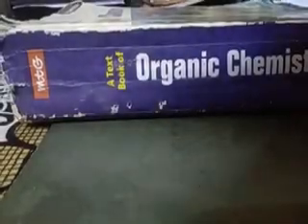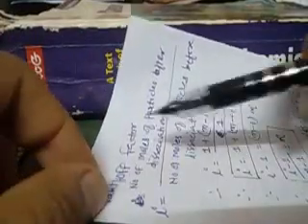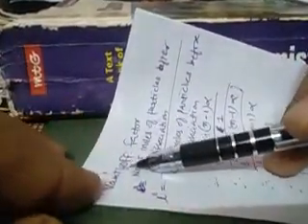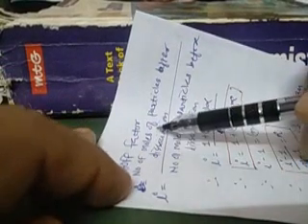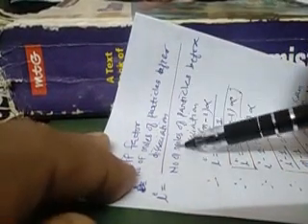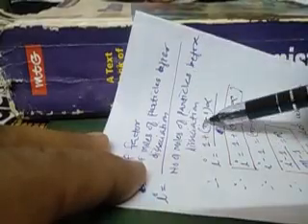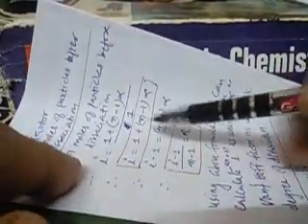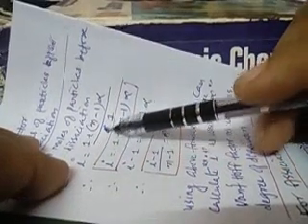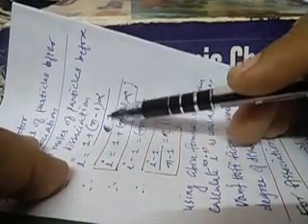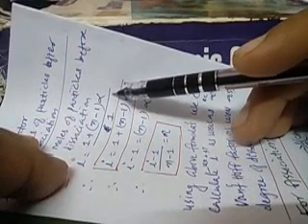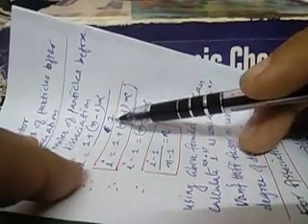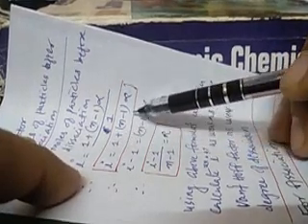So this is the total number of particles left in the reaction mixture when the dissociation gets over. Now we are all aware that the van't Hoff factor i is equal to the number of moles of particles after dissociation divided by the number of moles of particles before dissociation. Therefore, here i is equal to 1 plus (n minus 1) alpha, as this is the number of particles left after dissociation, and initially we have taken 1 mole. So i is equal to 1 plus (n minus 1) alpha.